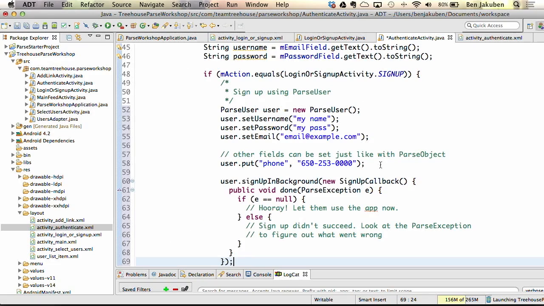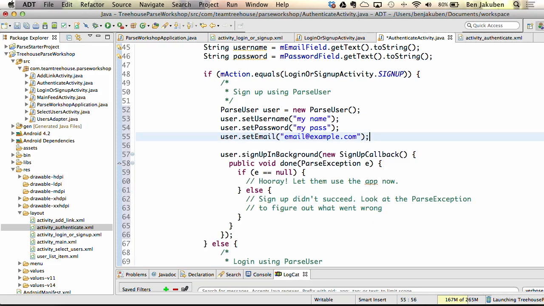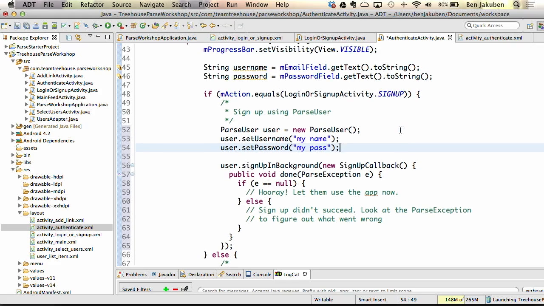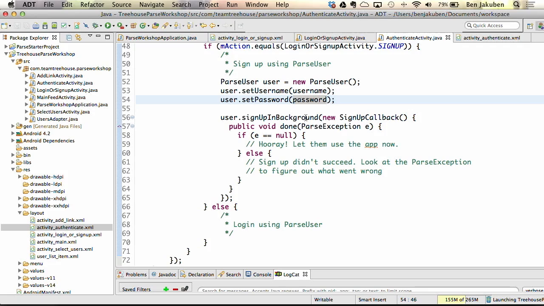Now, there's a few things we don't need here. Right now, we're not going to do anything like another field with a phone number, so let's get rid of that. And we're not going to set the email because we're using email as the username, so we just want username and password. Now, the username and password are available from the edit text fields, and they're here as string variables, so I can just substitute those, username for setUsername, and password for setPassword. And then we call the